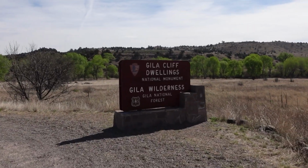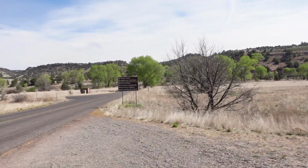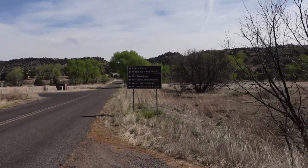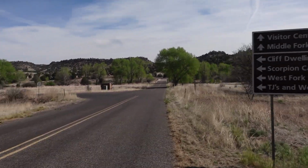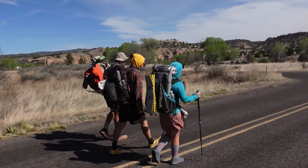The Gila cliff dwellings, we're getting close. Just up ahead here is the visitor center. We're gonna go check in there first, see if we can drop our packs. And then we'll just slack pack the monument and then come back and pick them up. Oh, just stuff it in the back at the bottom and just keep stuffing things on top of it. People say everything fits better, but